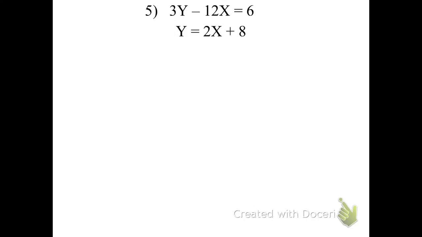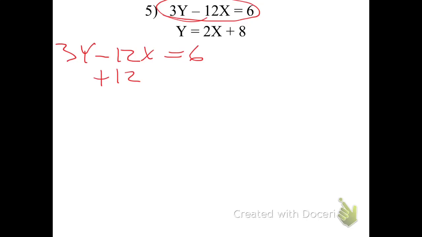Alright, we got problem 5, where we just need to graph the two equations. Before we can graph, we gotta find a solution. We gotta solve this one, we're gonna solve it for y. So we'll take our 3y minus 12x equals 6. And I'm gonna get rid of the x stuff by adding 12x. Add 12x. And we got 3y equals